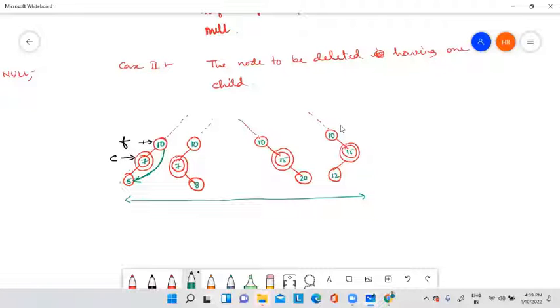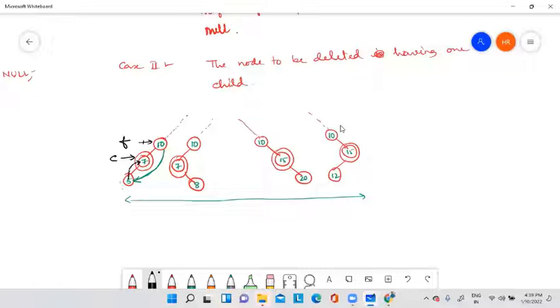So what is the solution? The solution is like this. Copy the data of this node into this node, as well as the address. If you do this, then what will happen?